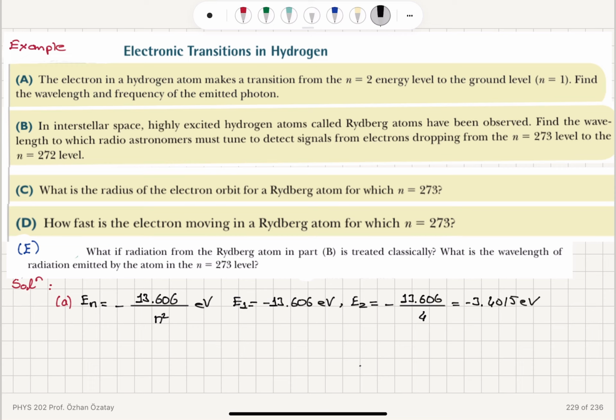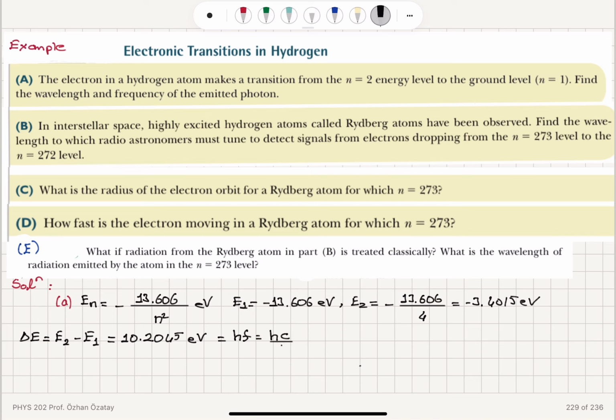minus 3.4015 electron volts. Now if we calculate the difference between these two levels, so we have a transition from n equals 2 to n equals 1, that is going to be equal to 10.2045 electron volts. And this must be equal to the energy of the photon emitted,